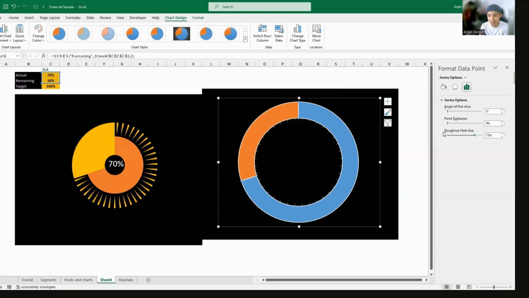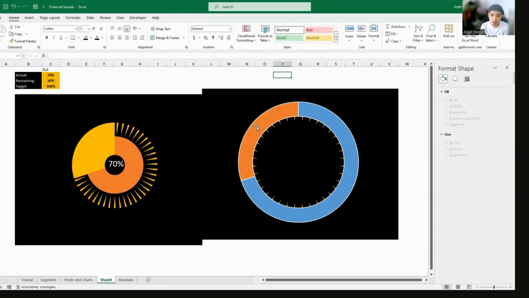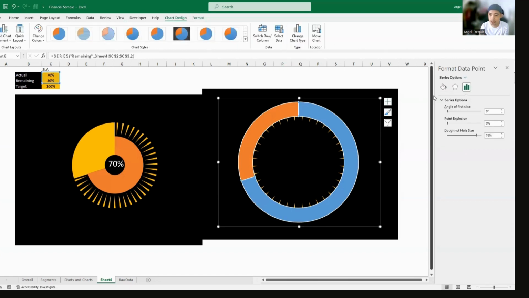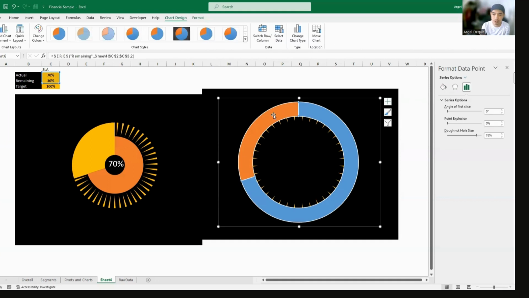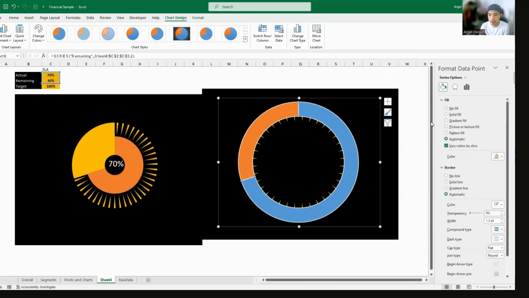There, you're seeing the tip of the series right now. Let's adjust it accordingly. Next, we are going to change the colors. Click on this side here. Make sure, it's kind of tricky, that you're only clicking this orange part here, and you'll know that in a bit, because when you try to change the color, it will change just this part.